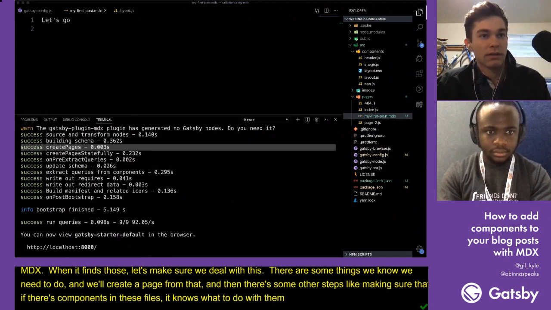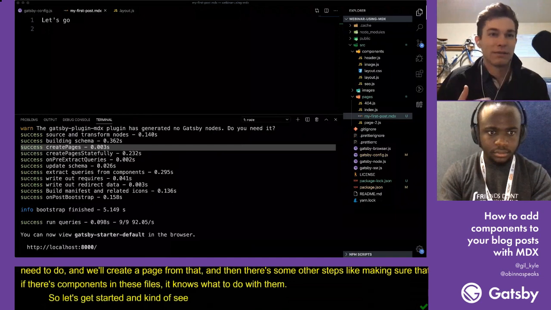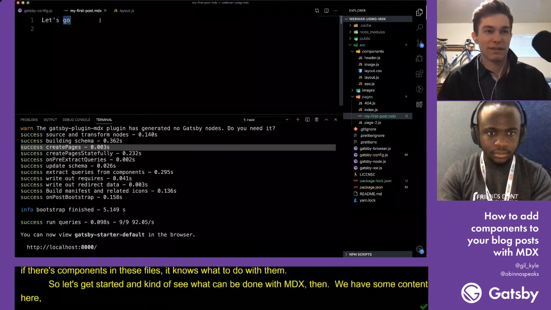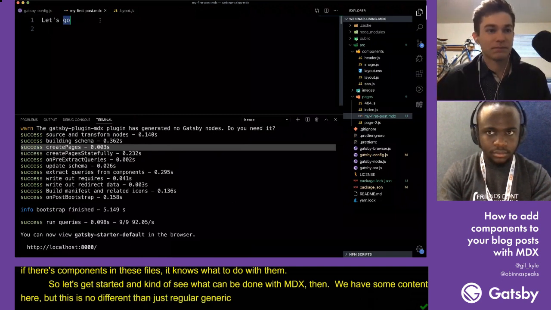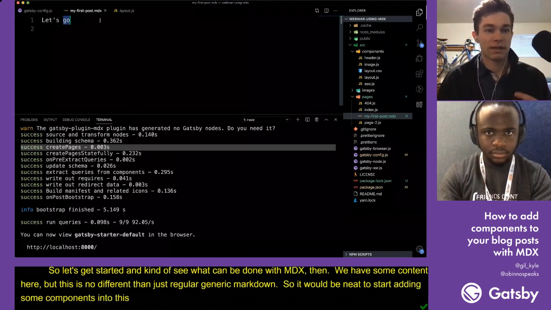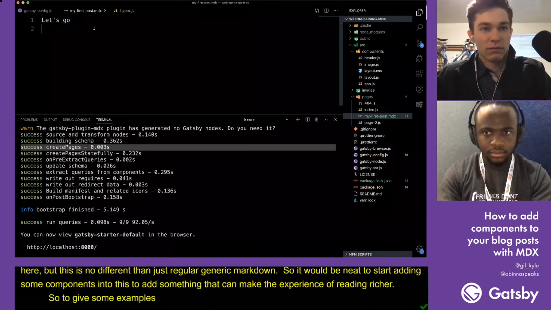So let's get started and see what can be done with MDX then. We have some content here, but this is no different than just regular generic Markdown. So it'd be neat to start adding some components into this, to add something that can make the experience of reading richer. So to give some examples of what this can do,